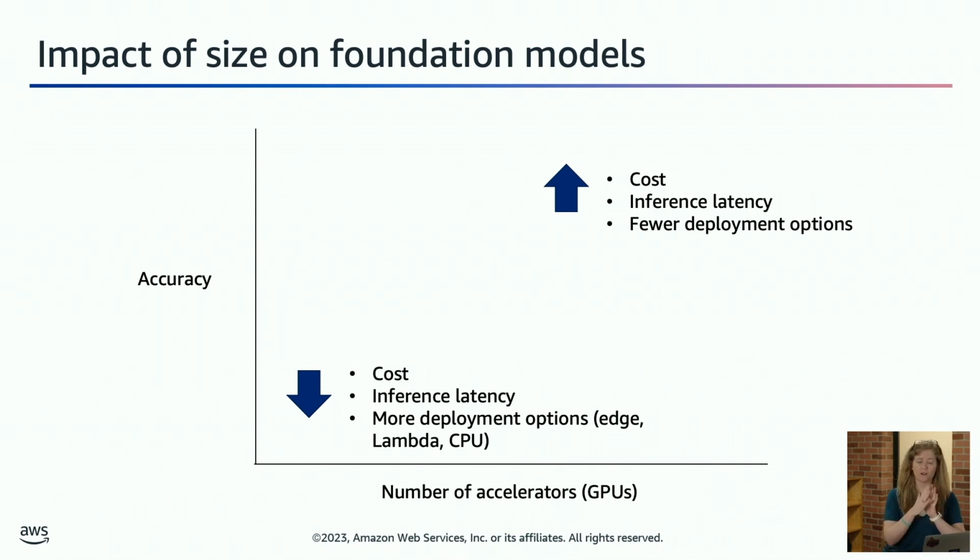And so when you have a smaller model, obviously you have more deployment options, which makes it less expensive to run your model because you're physically paying for fewer devices to host it. The inference runtime is faster because it's communicating with fewer devices. The layers in the network are literally fewer, so it takes less time to run a forward pass through it. So it's less expensive, faster, and you have more options, but your accuracy may be lower. So there's this core trade-off here that you need to grapple with.